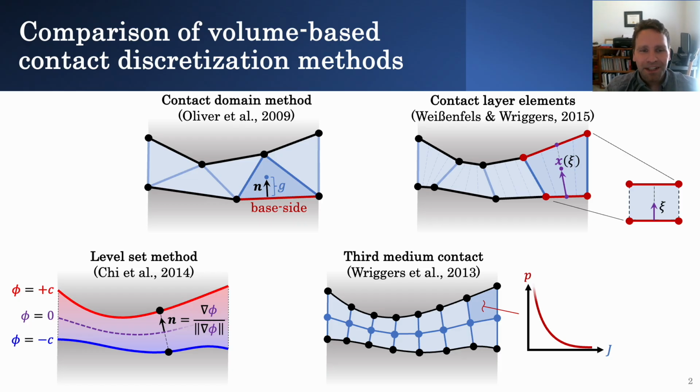And in doing so, you could then pose integrals over this intermediate domain to evaluate contact Mortar integrals or penalty-based enforcement strategies, and apply conventional finite element technology to do so. However, it was still restricted in the sense that you could only really work with a single layer of these contact domain elements, and you had to choose a particular base side from which these gap functions would always be measured or evaluated. So it was a little bit constrained in that way, but it nonetheless got people thinking,